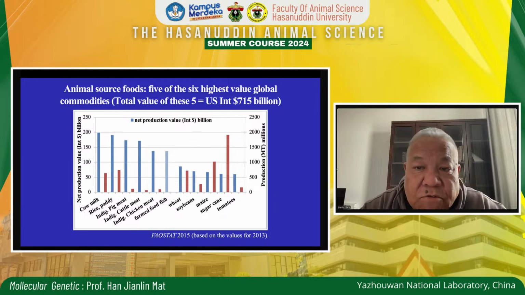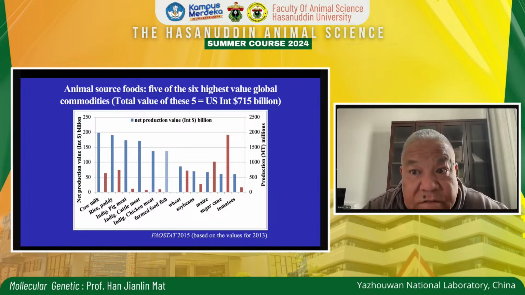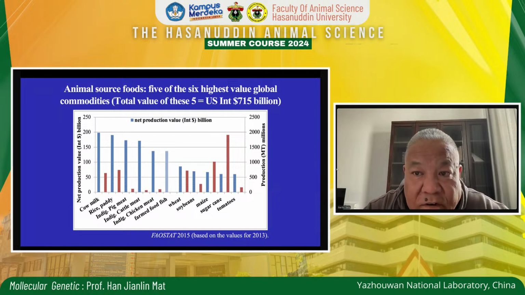When we are talking about domestic animals, these are the commodities that support livestock production. When we talk about livestock production, I think in Indonesia, similar to a country like China, livestock production may contribute one third of our total agricultural production value. They contribute one third